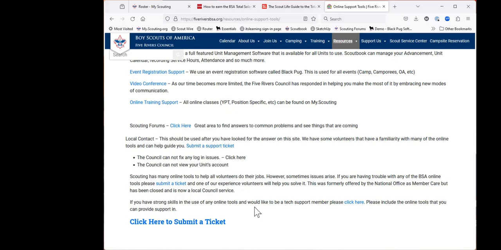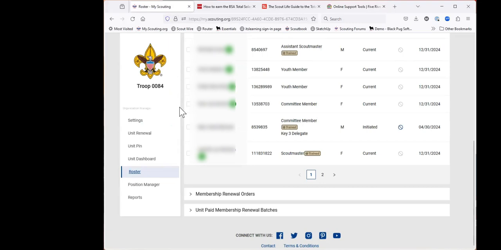Realize one of our biggest limitations here is we cannot take care of your password for you. The most we can do is force a password reset, but we cannot go in and say, hey, this is your password. We can't even tell you this is your username. We can force a password reset on it. So that would be it. What you would want to do, though,